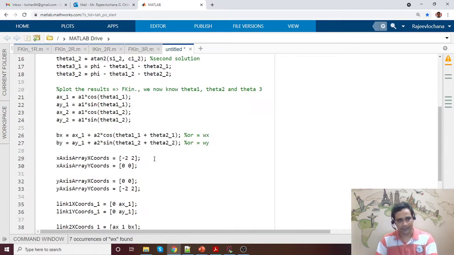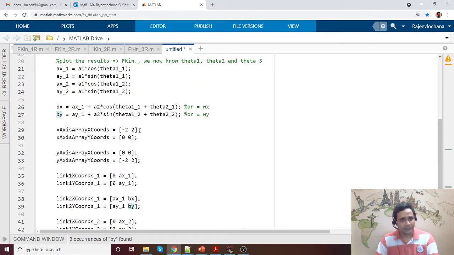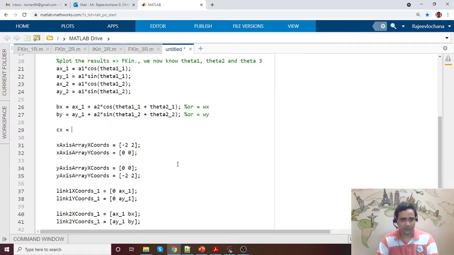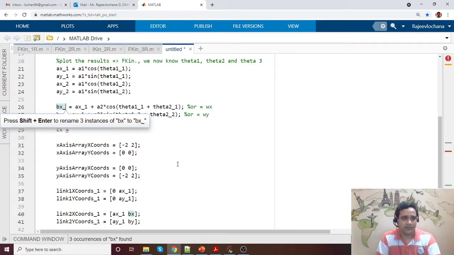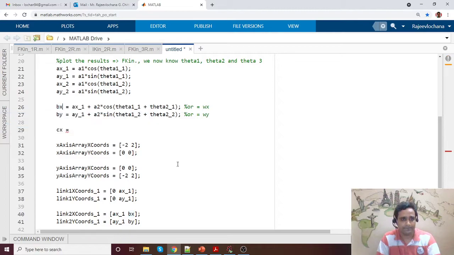Because we are coming back for the animation, we just want to get the coordinates. They are bx and by. Similarly, now I can have cx and cy. Cx is equal to, now if you want you can try it out. Let me see, I think I made a mistake here. So this is going to be bx, again copy paste problem. Bx by will actually be, it's always going to be same.